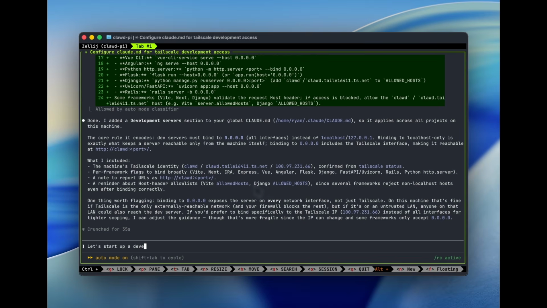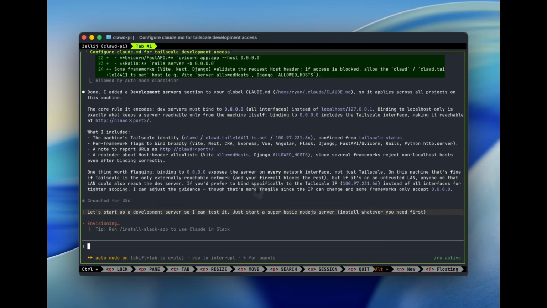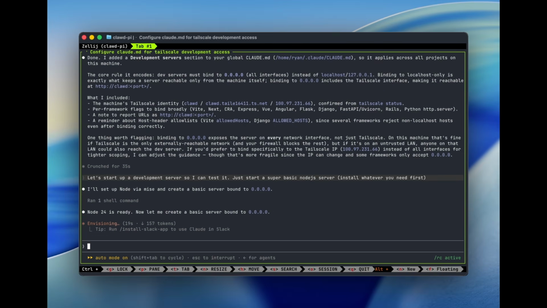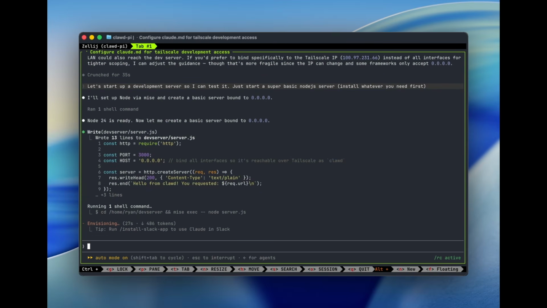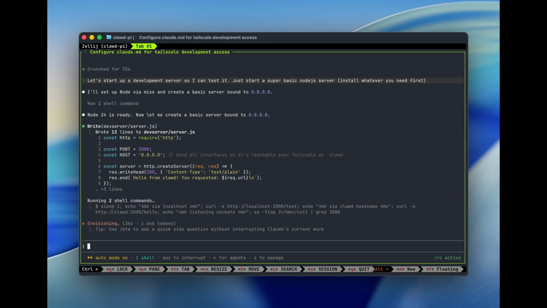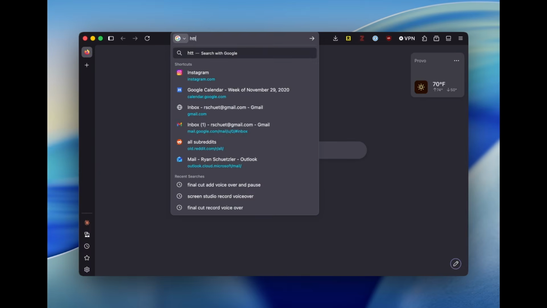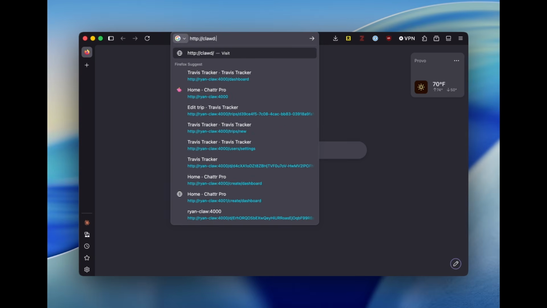We'll have it start up a basic development server, just a super basic Node.js server. And you can see it does that. It's following our instruction to use mise to install Node.js, binding that server to 0.0.0.0 so that every IP address coming in can get to it. Once that's done running, I can pull up the browser on my local machine. This is now on my laptop. Pull up the browser on my laptop and go to